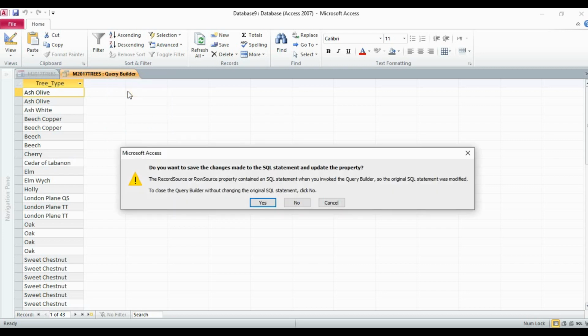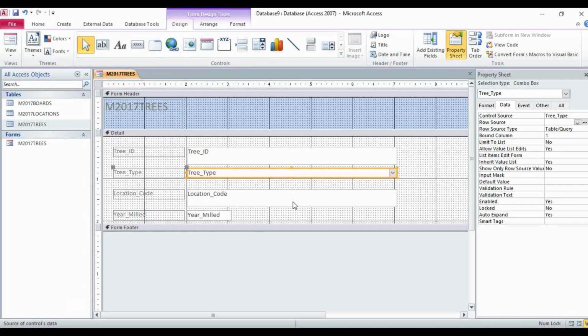Now it is asking whether I want to save the changes made to the SQL statement and update the property. So I'm just clicking no, because I do not want to save it. So I'm just starting with the new query. You can continue with it also, but just to recap the steps, I have chosen the no option.